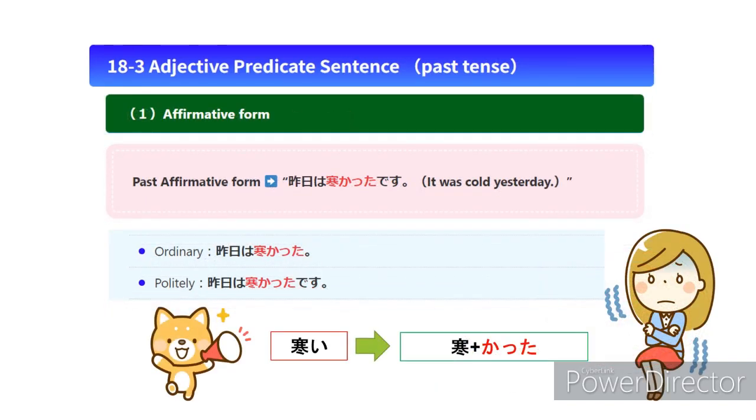Let's learn how to say past tense. For example, to say, it was cold yesterday in Japanese. 昨日は寒かった。 The polite expression is, 昨日は寒かったです。